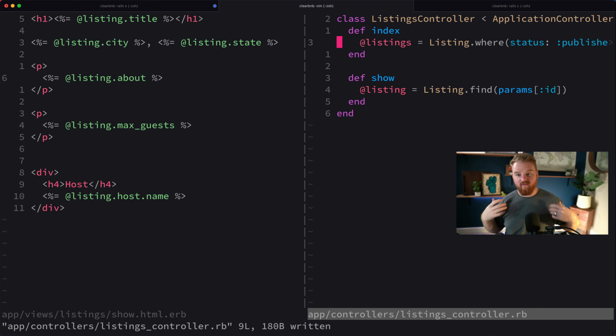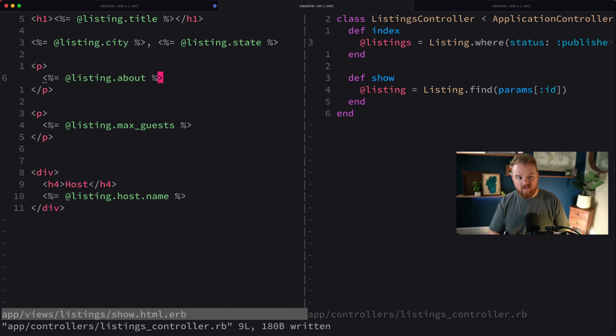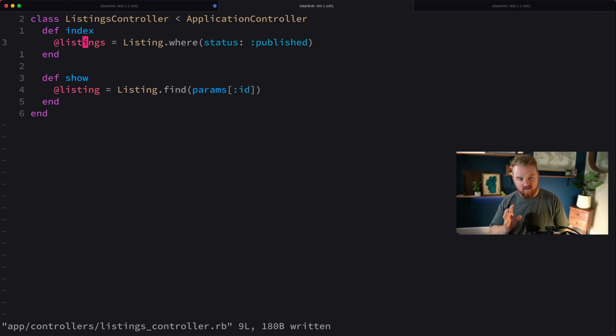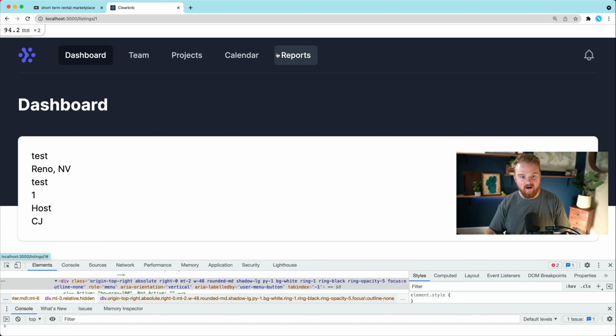And so, for instance, right here, right now what we're doing is we're scoping the listings that are coming back on the list of listings. We're scoping those to only the listings where the status is published. So the other thing that we're going to want to do is we only want to have the show page work. So this detail page here, which is showing listing 1, should only work if the listing is